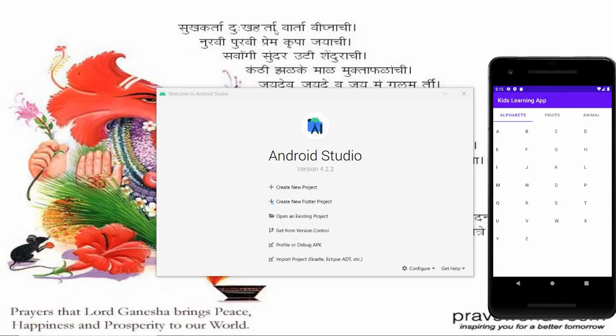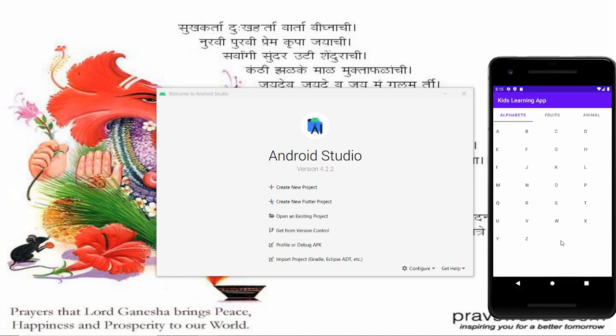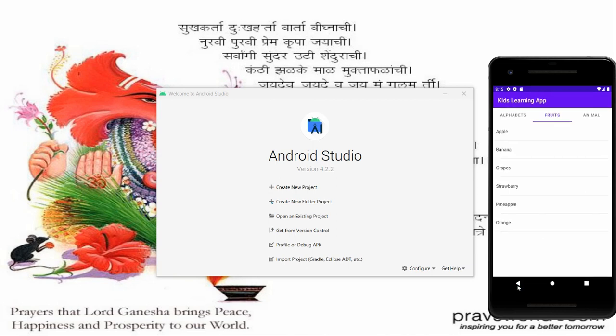In this video, I will show you how to develop an application like this, where whenever users click on any alphabet, for example B for ball, then the respective music will be played with the proper image. And whenever the user selects another tab, for example fruits, and clicks on grapes, Grapes, then it will speak the music that is grapes with the respective image. And whenever the user clicks on animal,